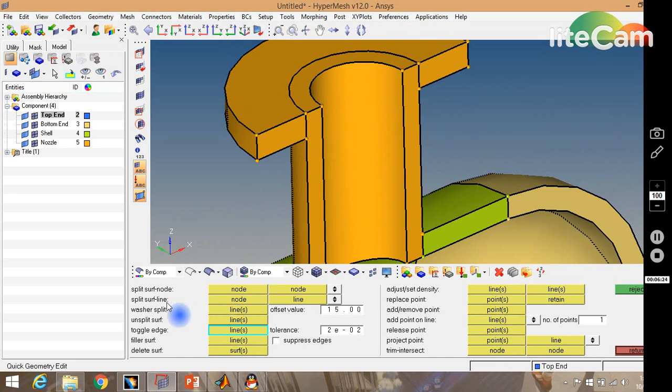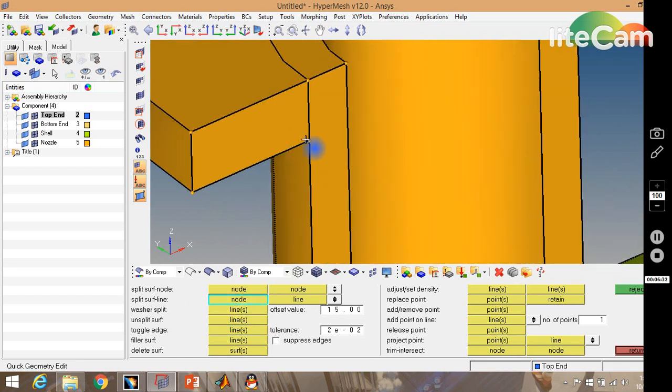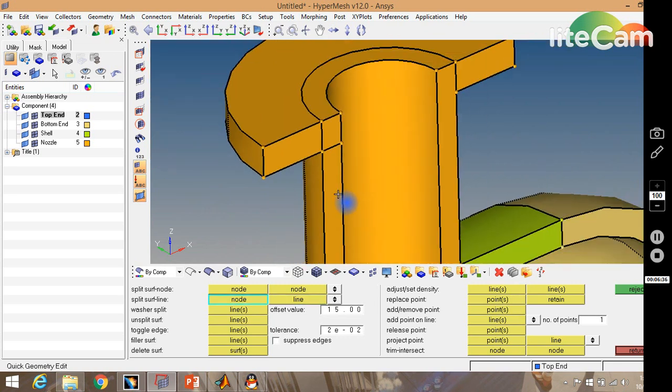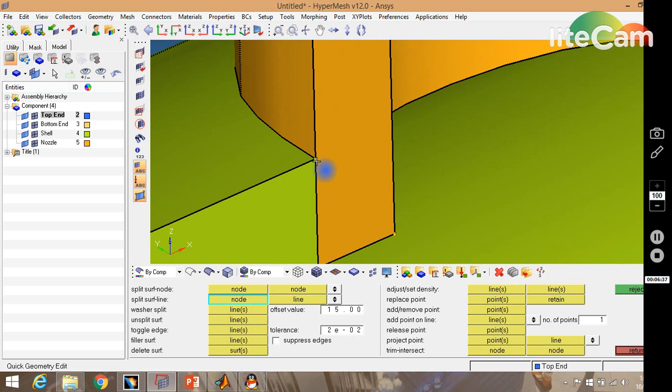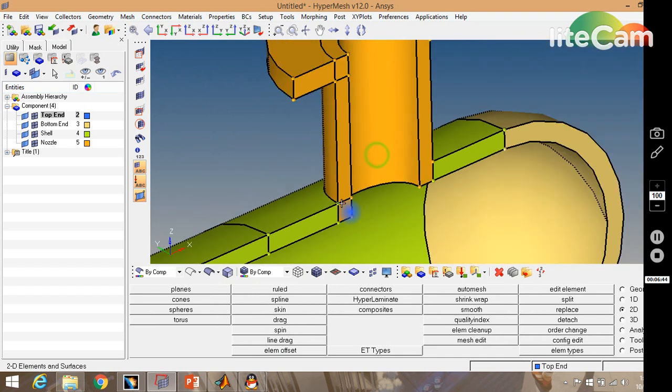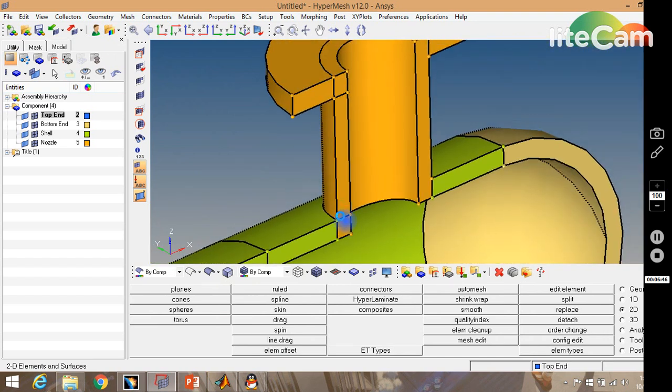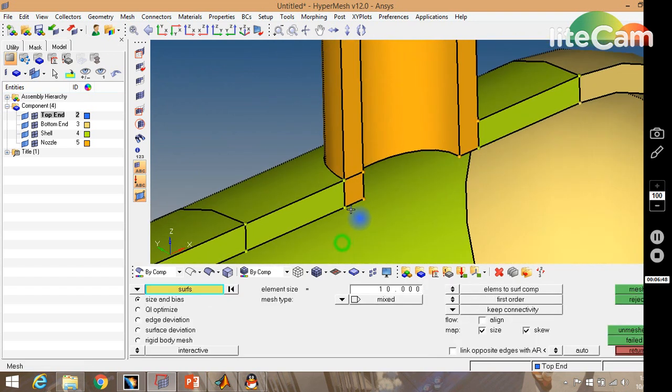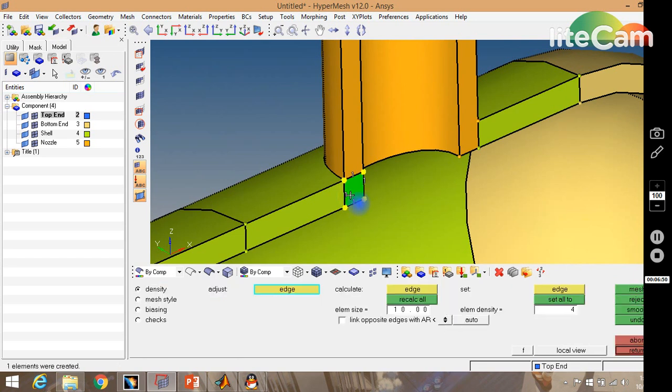Okay, we'll use these options: split, surface and line option. So I just select one point. I select this point and I select this line. It has created the surface split. Great. Similarly I do here, I select this node and I select this line. It has created that. Okay, so again go to the Hypermesh panel, press F12, select this surface and just mesh